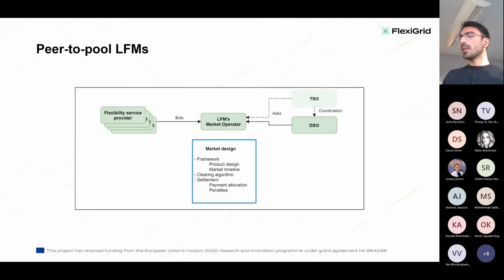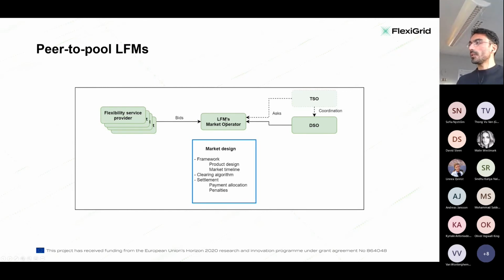So yeah, peer-to-pool local flexibility markets. It's a centralized market compared to peer-to-peer, where you have trading just peer-to-peer. In this one you submit your bid into some kind of pool, and this pool is managed by a market operator. So the buyers, which are the system operators, will ask for the flexibility product, and the flexibility service providers will